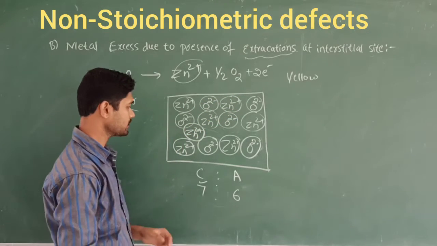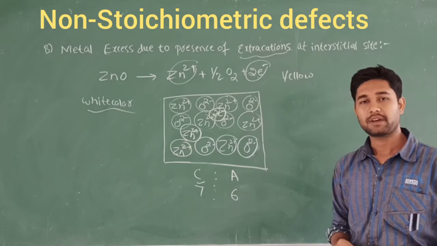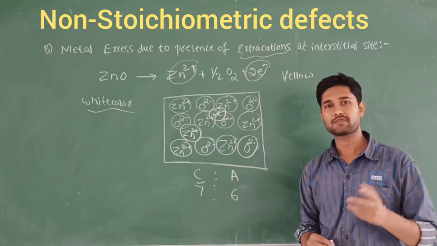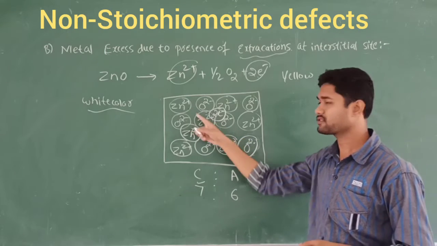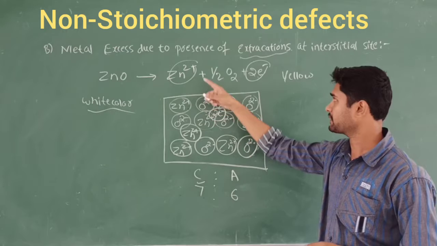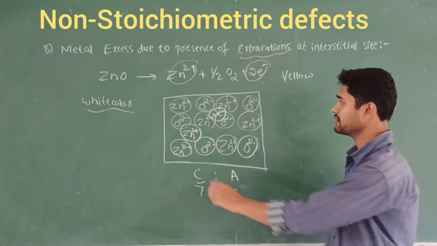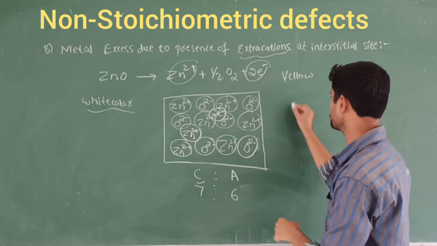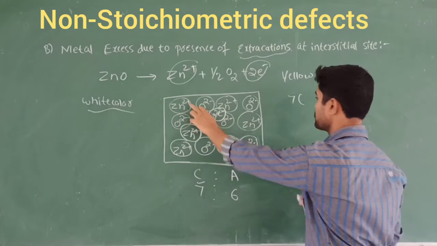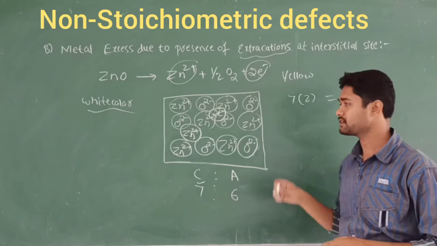Right? Now we can check here. Okay, what about electrical neutrality? Electrical neutrality is nothing but the ratio of the charges must also be the same, right? So 7 cations will be there now after this extra cation. Each metal has a plus 2 charge, that is a positive charge. So 7 times plus 2 becomes 14, that is plus 14 charge.